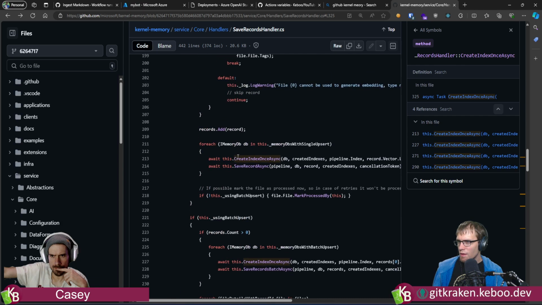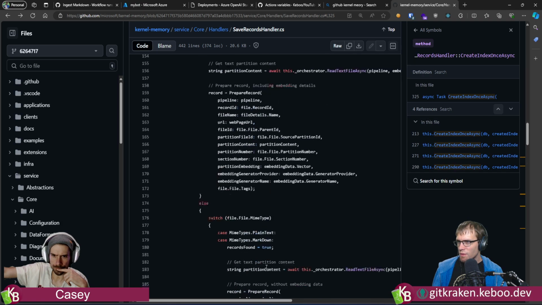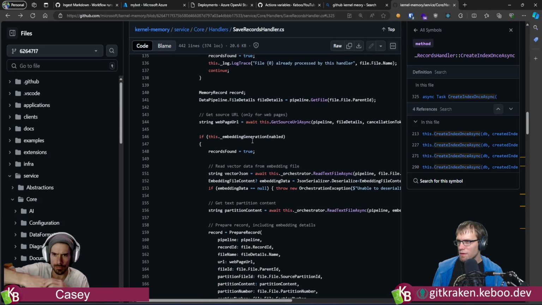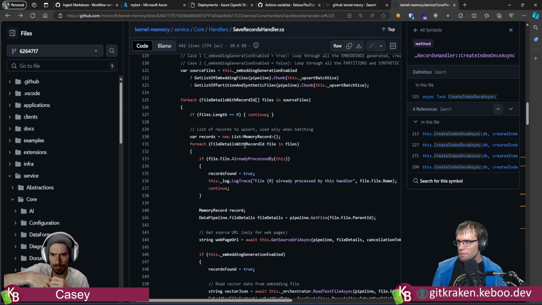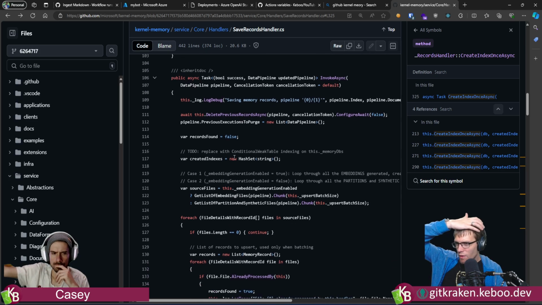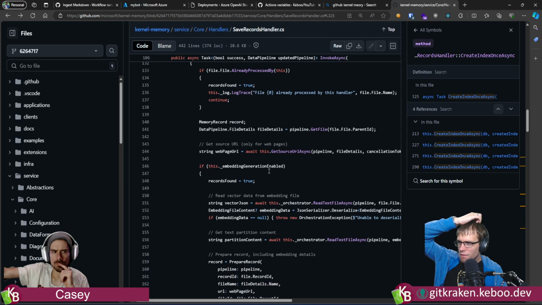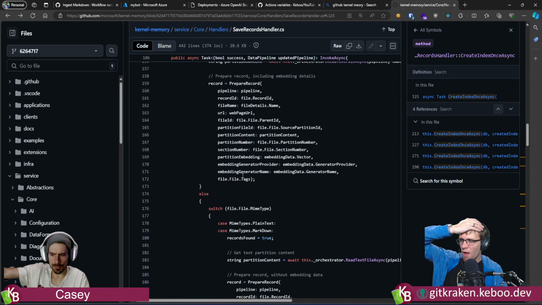213. It's inside of here. So we came into this. So this guy got invoked, ripped through a bunch of source files, did a for each, if embedding generated enabled, which is false.